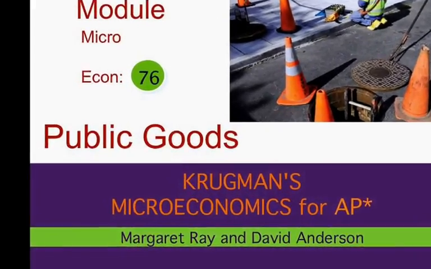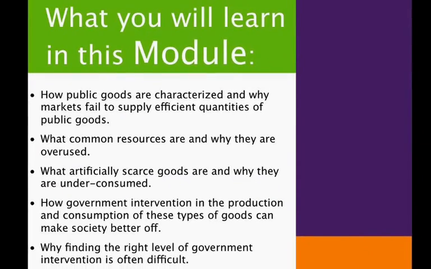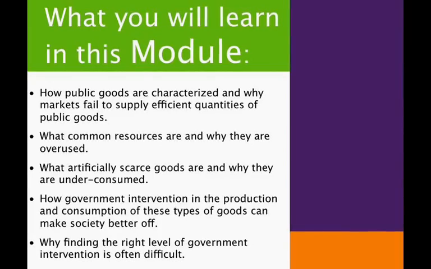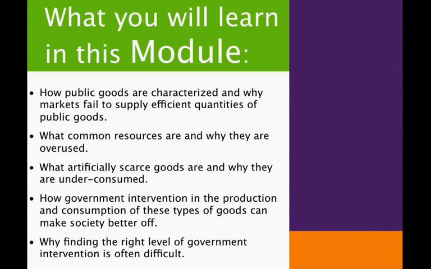And so here are the objectives. I think you can read that on your own. But let me just talk some about the concepts for the module, the economic concepts, the key ones anyway. Private goods such as cars and clothing, etc. If they are excludable and rival, they can be efficiently exchanged in a market.